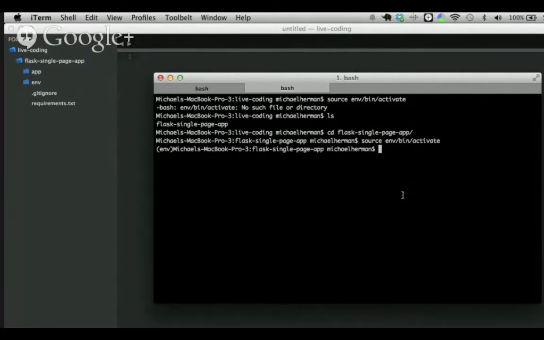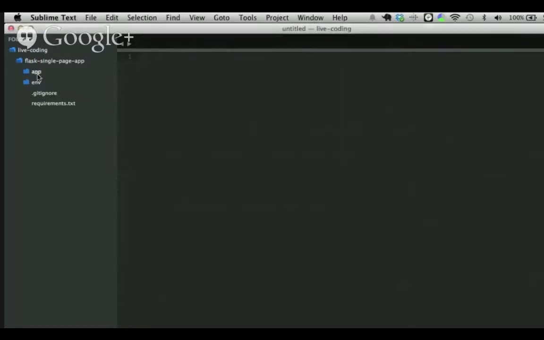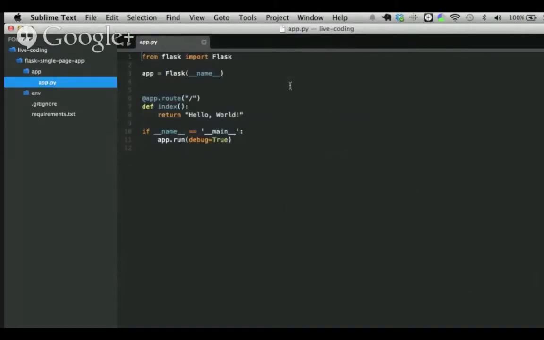And then go ahead and open up your project in a code editor such as Sublime Text. And then let's open up our app.py file. So this is what we created last time, just a basic Hello World app. So let's go ahead and update this. First, let's take this current URL and let's change it so that it responds to requests at hello. And then let's update the view function name to hello as well.